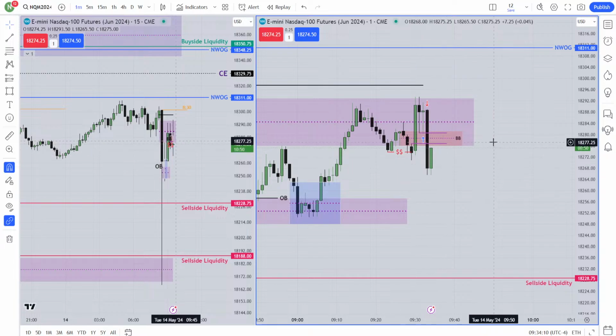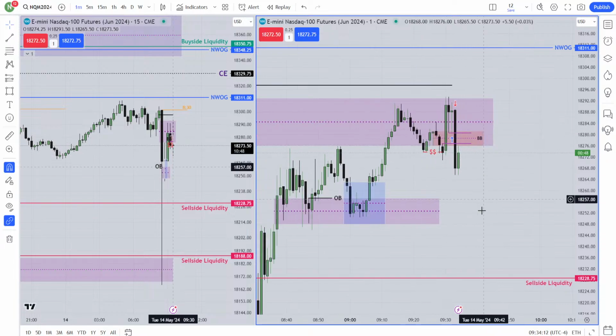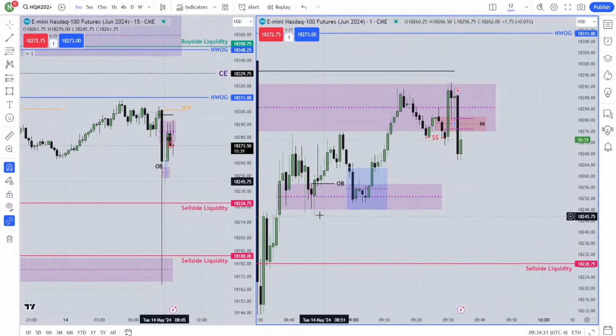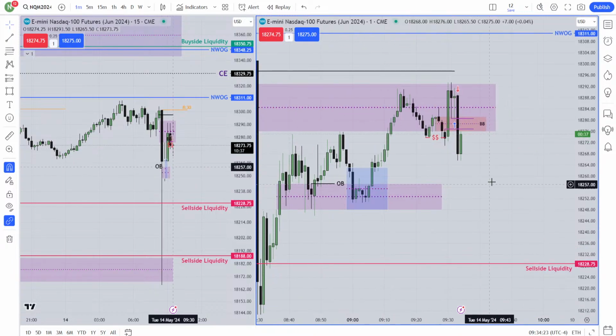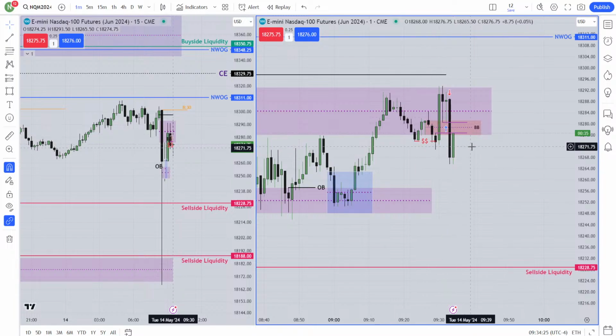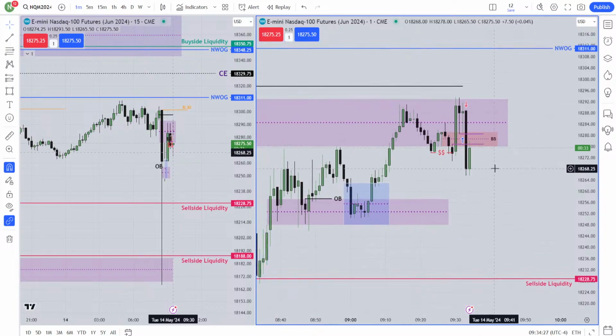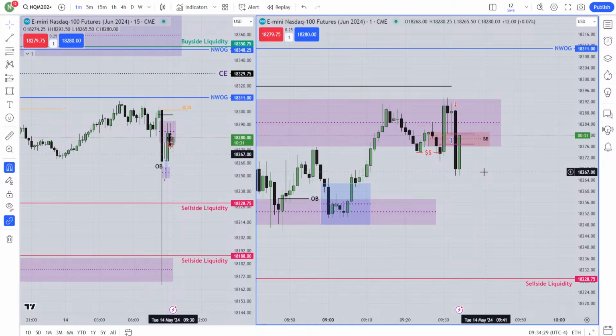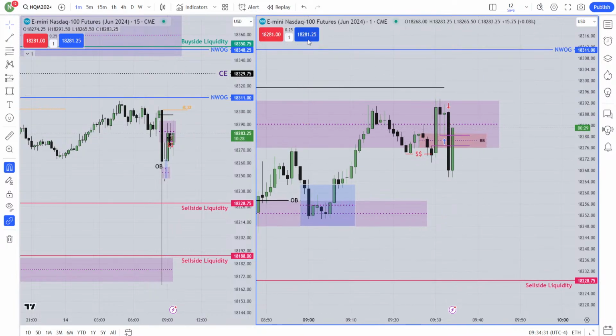Can I take a sell? No, I am not interested to take sell. Okay, even if it went lower, like yesterday, remember, market has taken the buy side liquidity, market structure shift, fair value gap, market traded that fair value gap, went lower one more time, maybe for this sell side liquidity. If you want, you can take that sell. I'm not interested. I will be only interested to take buy.